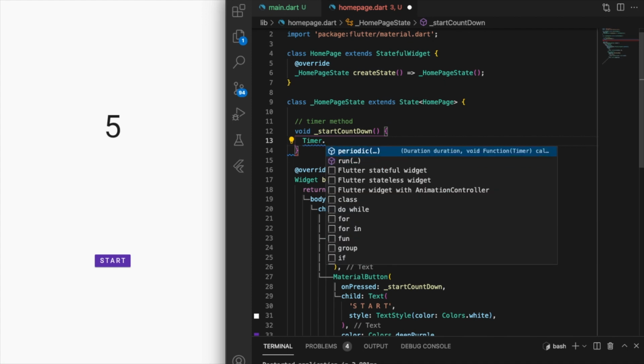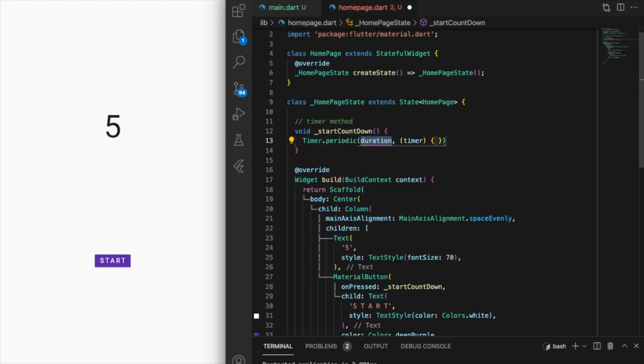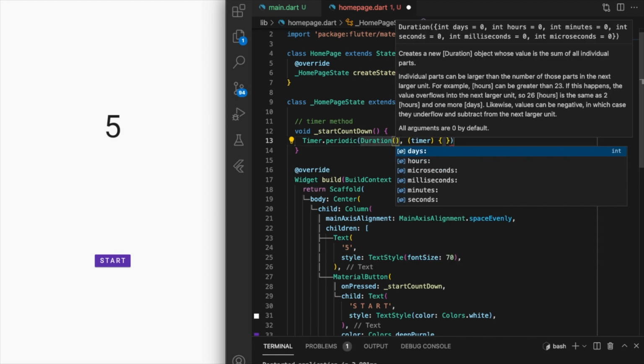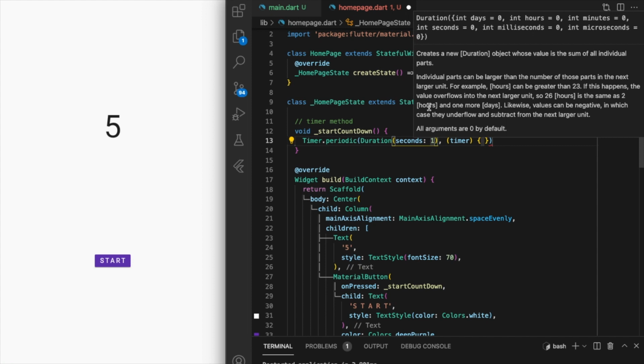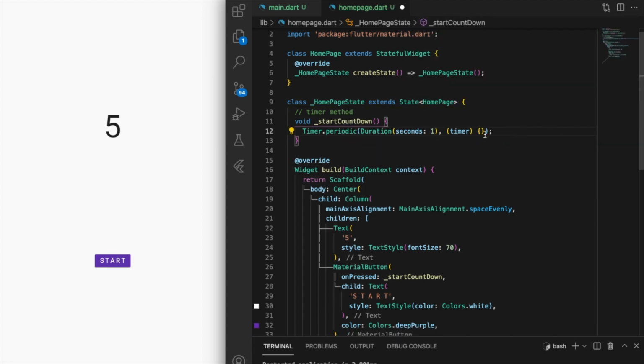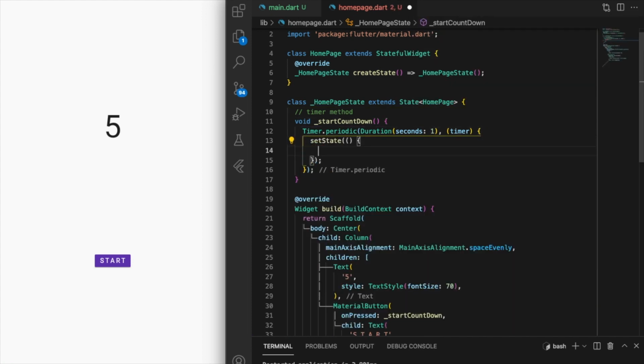and there's actually two versions of this. There's run and periodic, and for this one I'm just going to show you the periodic one because I think it's the most useful. So when you set up a timer, there's a couple of things we need to specify. The first thing is the duration. So you have all these options of how often do you want this timer to repeat itself, and for us, since we're using a basic countdown, let's just do 1 second,